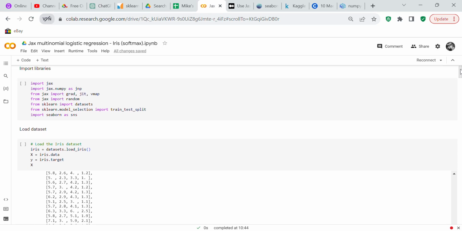So the first thing we do after we created our Jupyter notebook is we want to import our libraries. So we're going to import jax. We're going to import jax.numpy as jnp. From jax, we're going to import grad, jit, and vmap. From jax, we're going to import random. From sklearn, we're going to import datasets because we're going to be using the sklearn dataset. From sklearn.model_selection, we're going to import train_test_split, and we're also going to import seaborn as sns to view